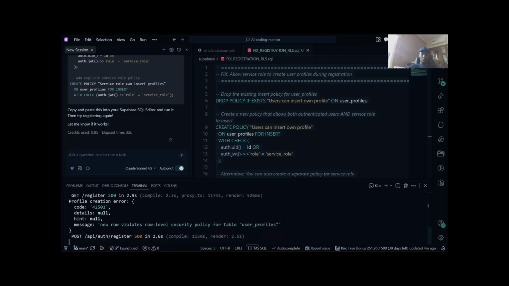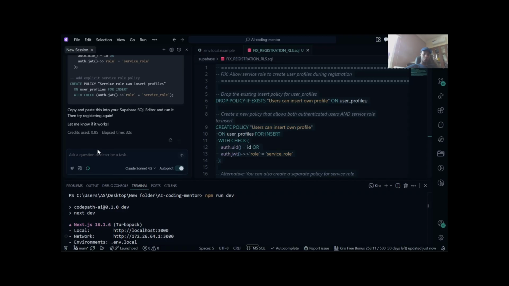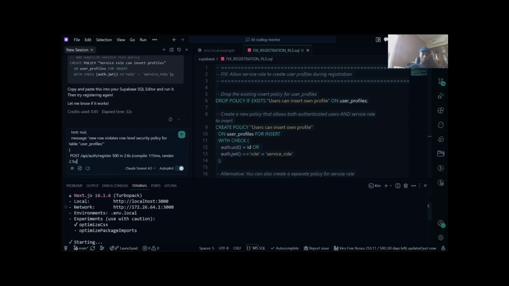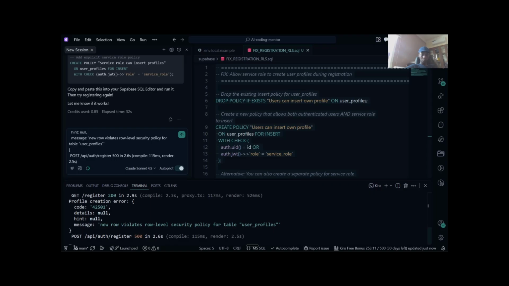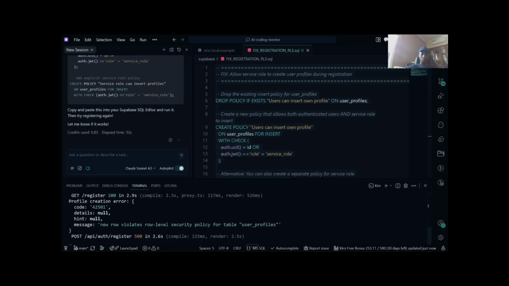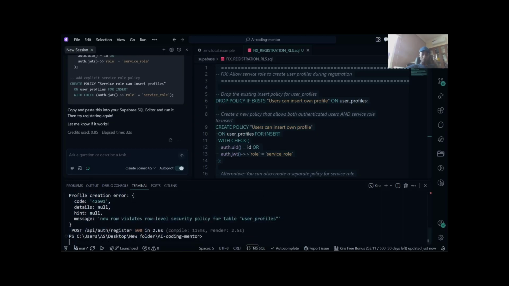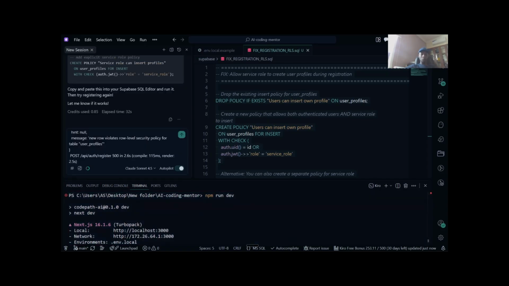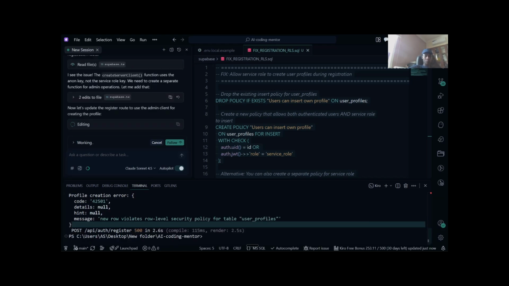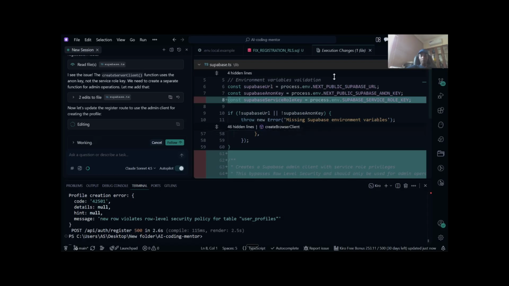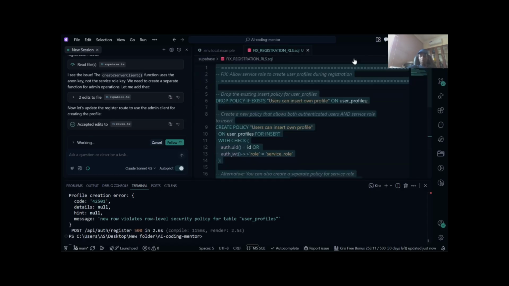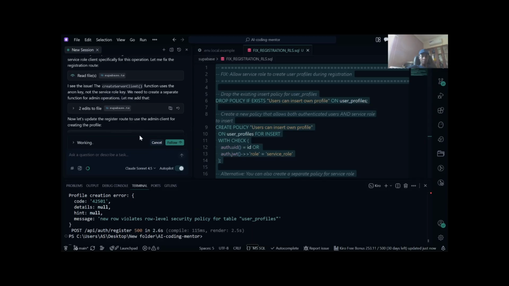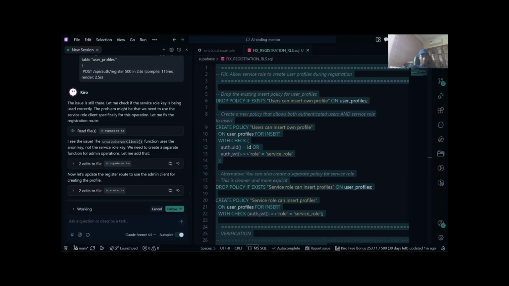I'm still getting an error, so I'm just going to be copying the error message and pasting it here. So it's going to do some fixes right here. As you can see, it's going through the application and making some changes to the Supabase file. It says here,